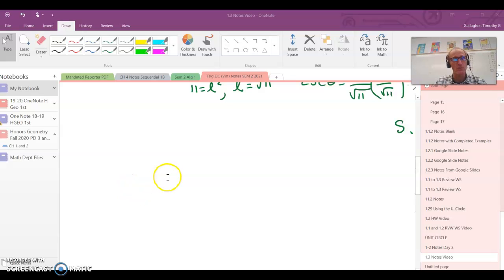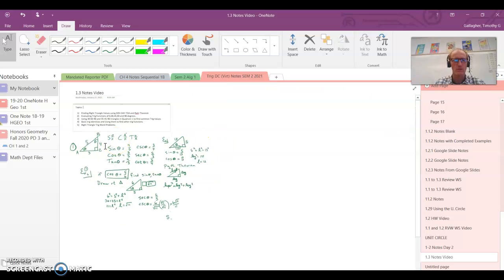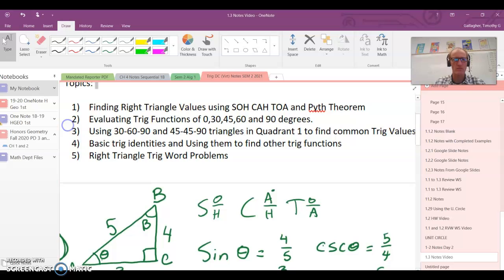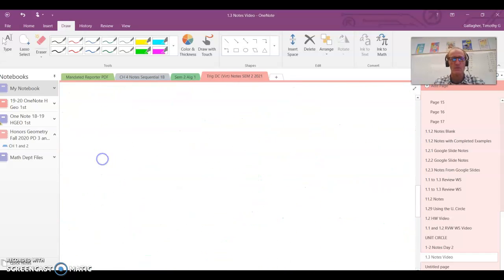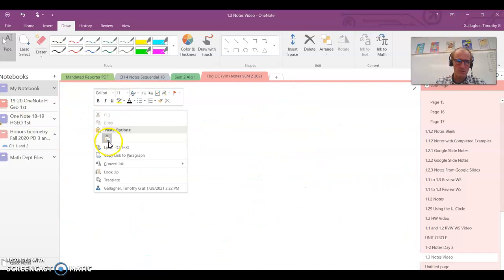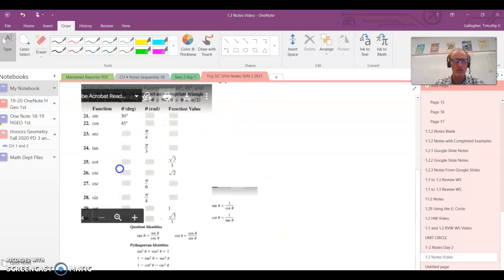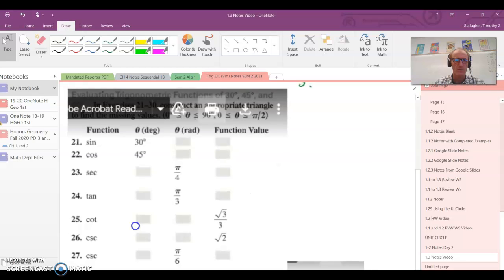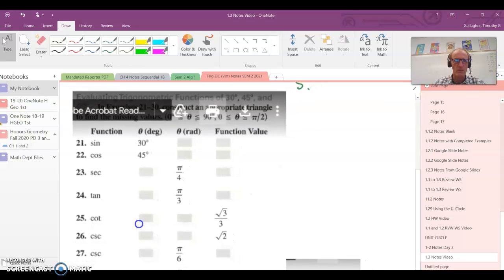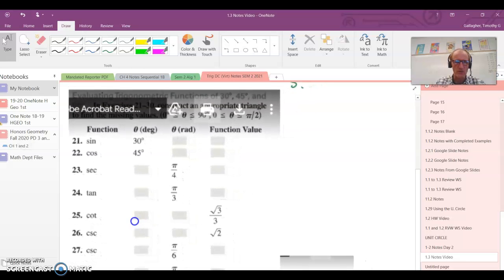Okay, so I am going to talk now about the second topic in 1.3, which is evaluating the trig functions of 0, 30, 45, 60, and 90 degrees. What that entails is looking at this chart in your assignment. It looks like this. It got kind of blocked off there, but it's how to evaluate the trig functions of